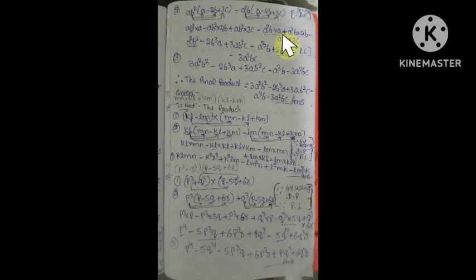So a and a, both bases are the same, the exponents should be added. So a² into a is a³ into b, a³b, plus a²b into 2b, 2a²b², minus a²b into 3c, 3a²bc. So by using the product law. What's the product law? a to the power of m into a to the power of n equals a to the power of m plus n. Next step, combining the like terms, we get the final product.